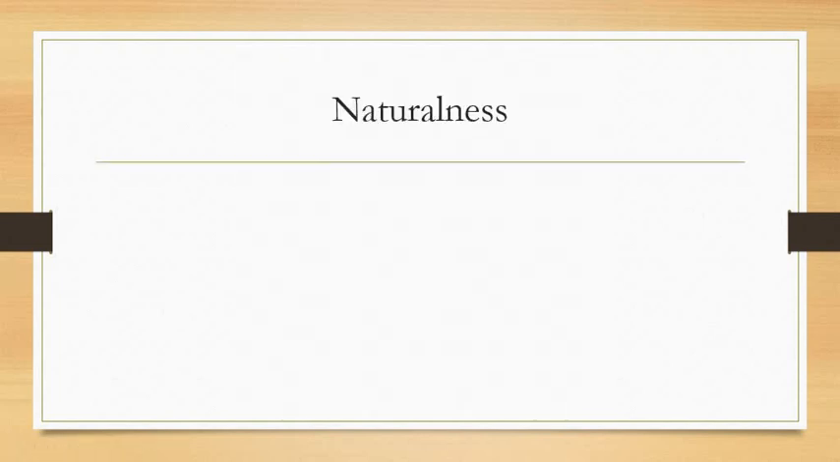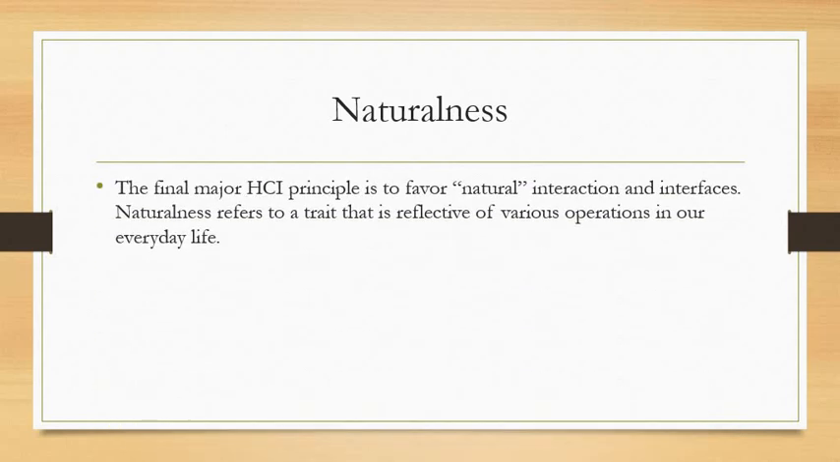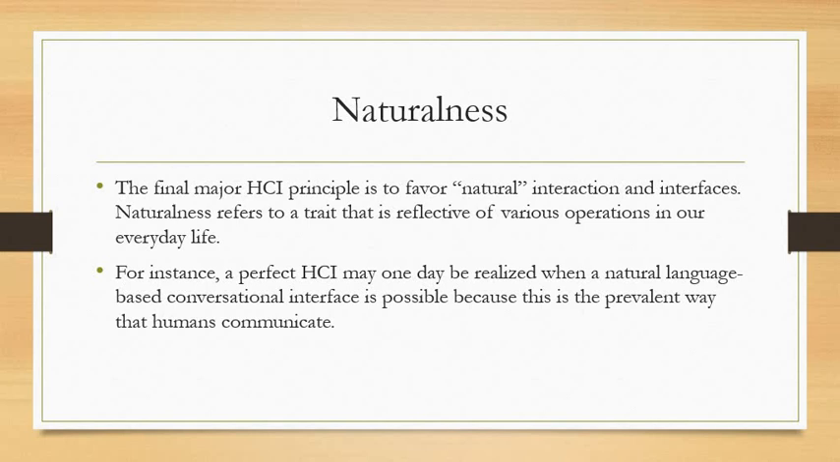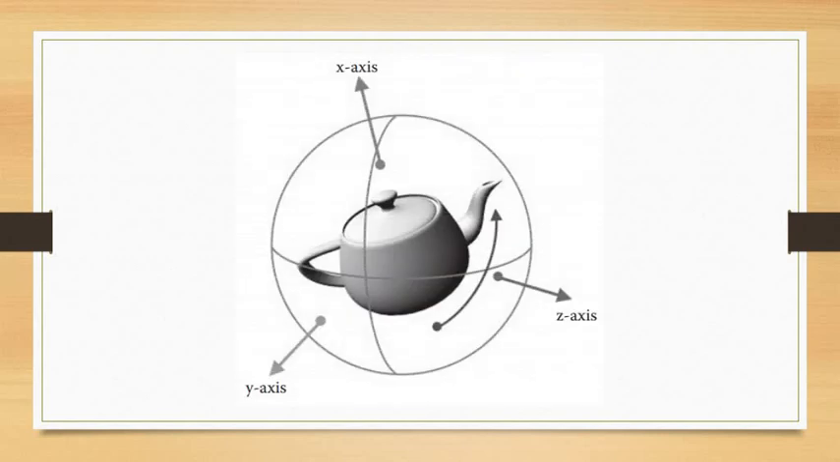So, the last principle is naturalness. Ano ba yung naturalness? The final major principle is to favor natural interaction and interfaces. Naturalness refers to a trait that is reflective of various operations in our daily lives. For instance, a perfect HCI may one day be realized when a natural language-based conversational interface is possible, which is the prevalent way that humans communicate. So, example po nito is yung